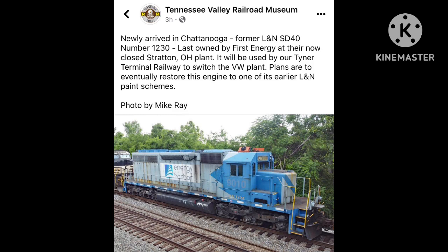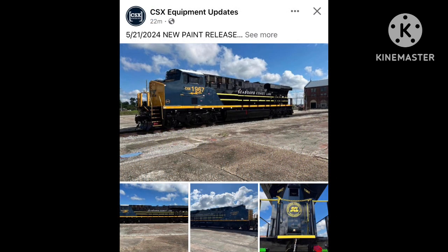The Tennessee Valley Railroad Museum in Chattanooga has saved another diesel locomotive, a former FirstEnergy SD40. Plans call for the locomotive to be painted into an early Louisville and Nashville paint scheme. The next CSX Heritage Unit to roll out of the Waycross, Georgia paint shop is the Seaboard Coast Line Heritage Unit,